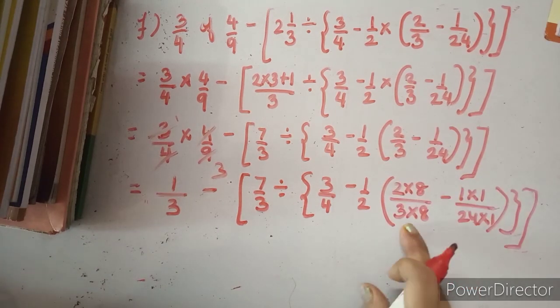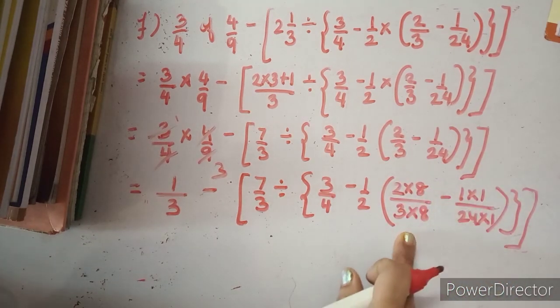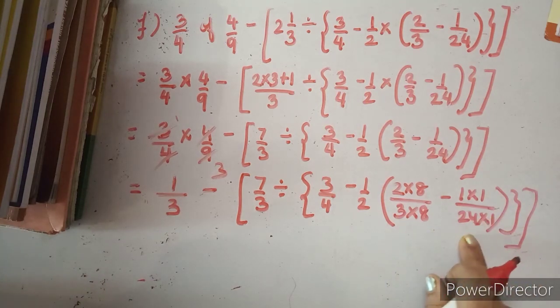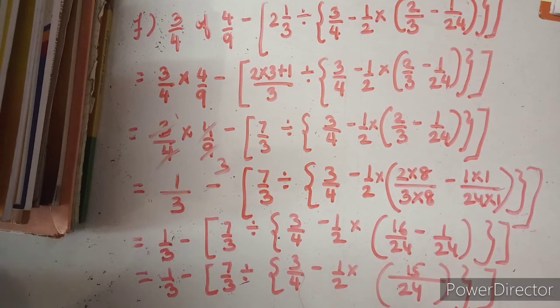So you can see that I have multiplied the first fraction, numerator and denominator, with 8 and the next fractional number by 1. So it gives you the denominator as 24 and this becomes the like fraction. So आप देख सकते हो कि यहाँ पे आपका क्या आ गया 15/24. Okay, so this can also be reduced into the lowest term, like 3 5s are 15,